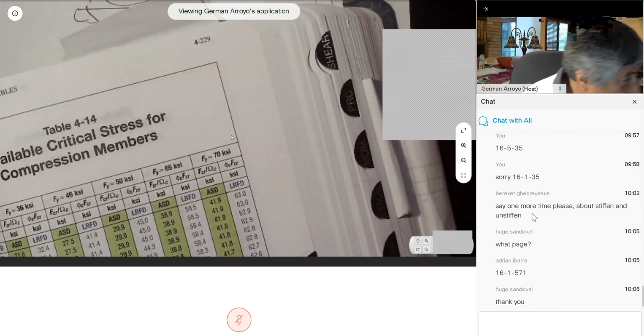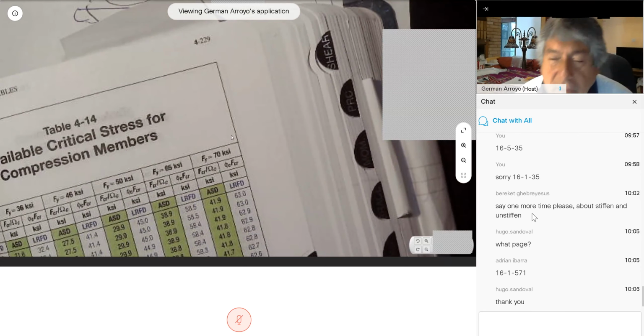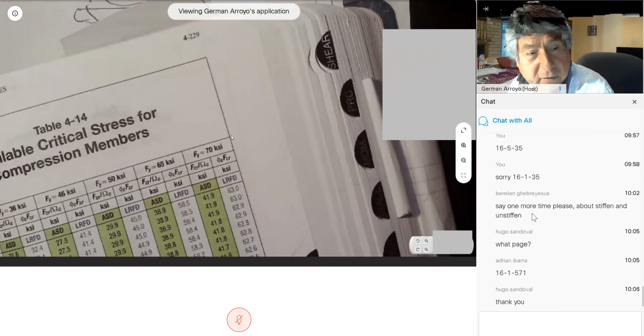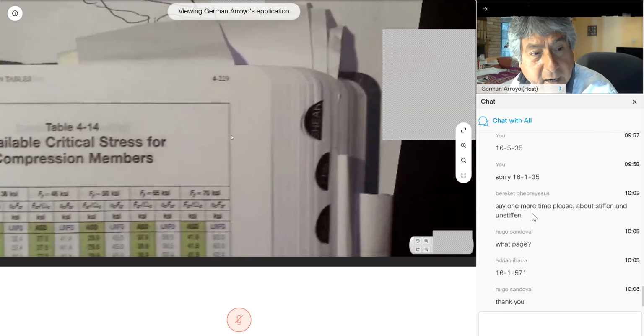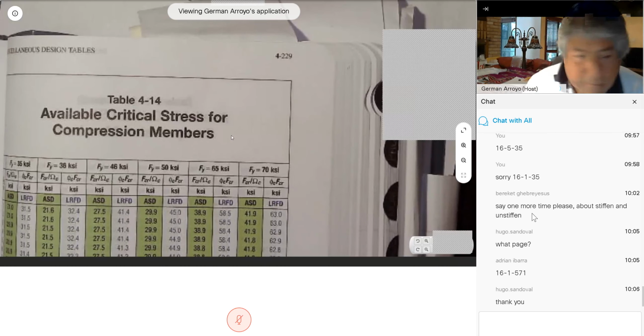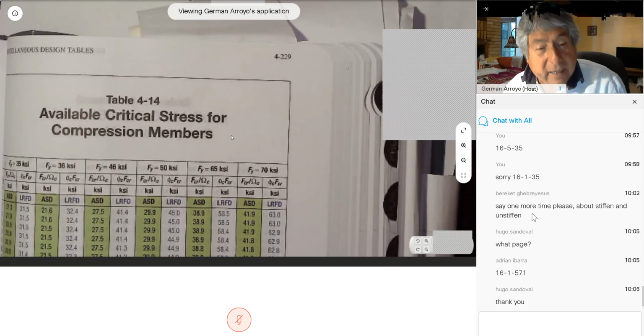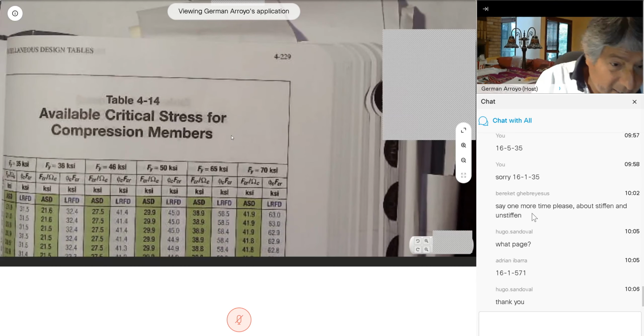Chapter 4, page 229. Chapter 4, page 229. And this is the beginning of the table where for Fy 35, 36, 46, 50, 65, and 70, you're going to find the critical stress